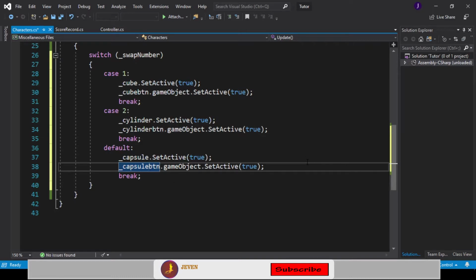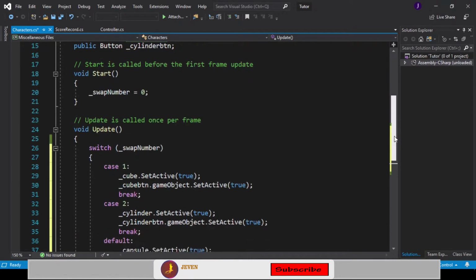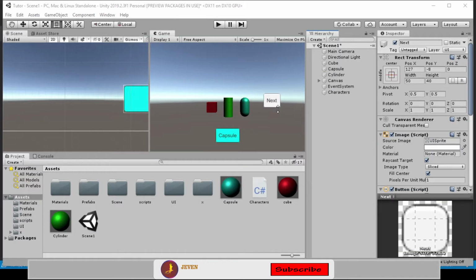And with this we are done with each of them. So finally, what we need to do is, if one game object is active, then we want the previous one to be deactivated. The reason for that is because if you have all game objects available on the set,